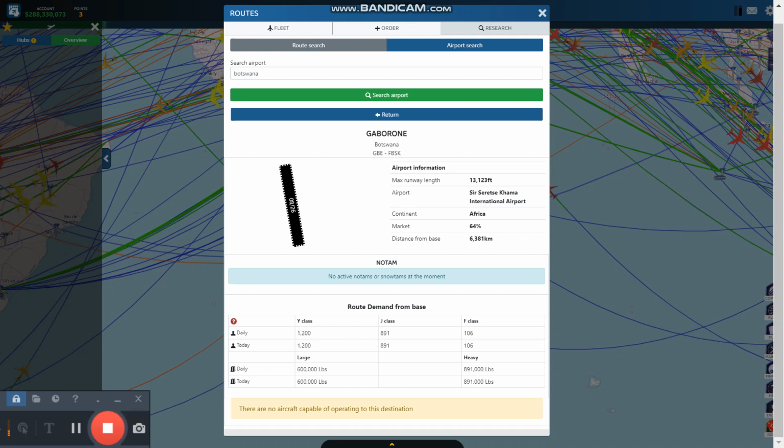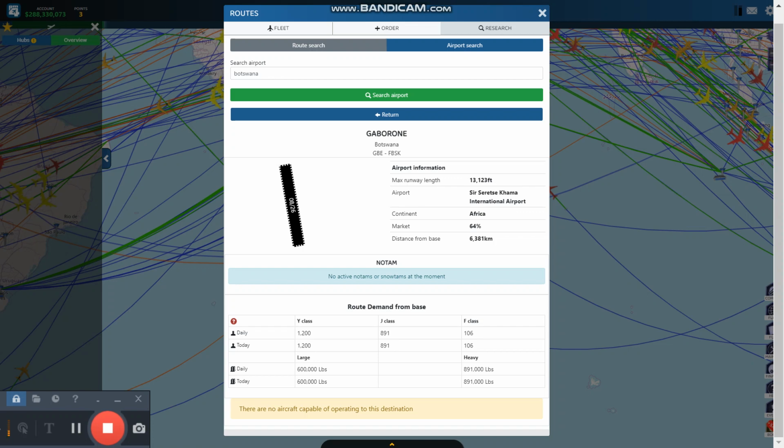Airline Manager, for demand. I'm going to explain to you how demand works for routing, because it doesn't work the way you think it does. I've got a full fleet. I've got all the top planes, the A380-800 and the A380-800F. It's almost my entire fleet.